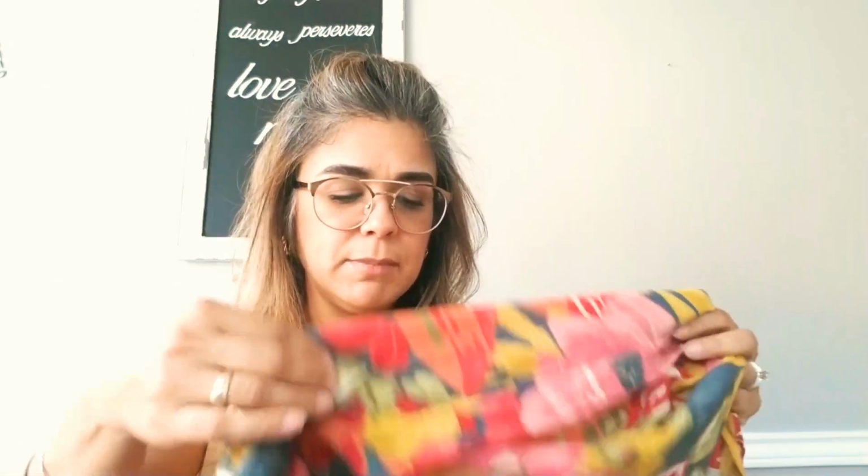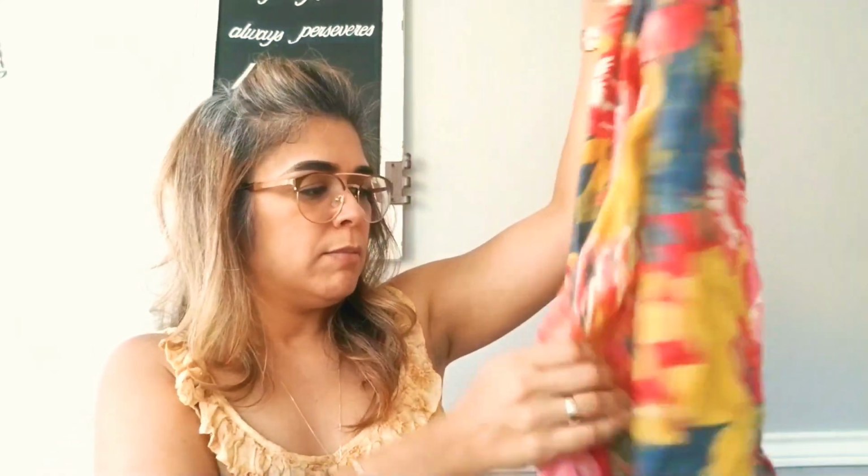I ended up finding this scarf, which you could probably use as a head wrap. I was playing with it. I do enjoy wrapping my hair sometimes, and I guess it must be the native Indian in me that loves to wrap my hair, the native Taina. I really enjoyed this pattern because it looks absolutely gorgeous, especially when you wrap your hair. It's long enough that you can wrap your hair and give yourself different styles of looks, and it has that 70s